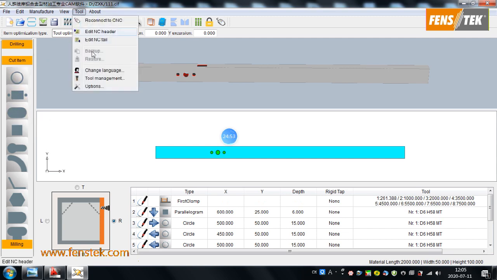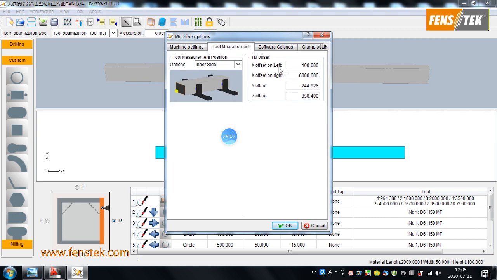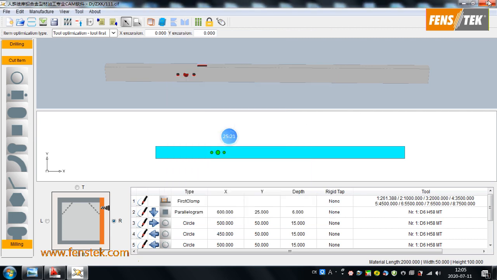Now please pay attention to this point. Regarding tool management and tool measurement, for these data, every machine is different. You need to confirm these data by your machine. Don't forget to set these